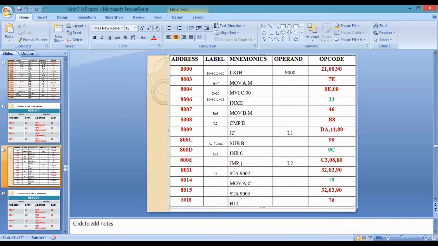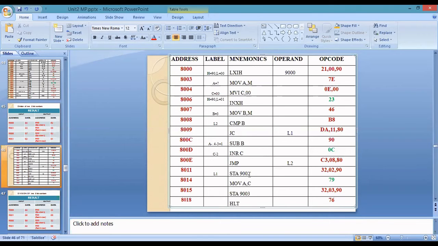Next one is JMP L2. It will come here. Now it will compare A and 3. The A value is 4 and the B value is 3. Now also you will get no carry. No carry means it will subtract once again. So 4 minus 3, your answer is 1. Next is to increment the C register, and it will become 2. Next, JMP L2, it will come here. Now the A value is 1, and it will compare with the B register. You will get a carry because A is less. Carry means it will come to the loop L1.